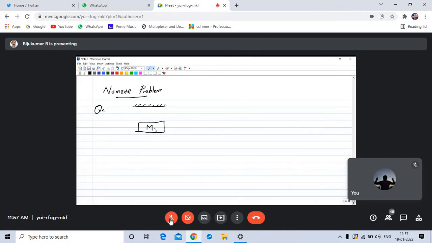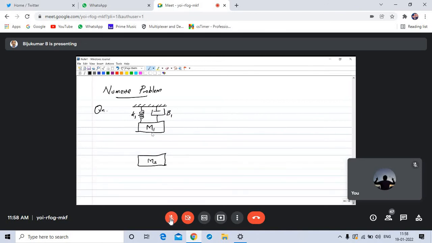This is M1 and I have one more mass element. This is M2, and between the reference node and mass 1 there is a spring. Let it be K1, and here one dashpot is there. Let it be B1,